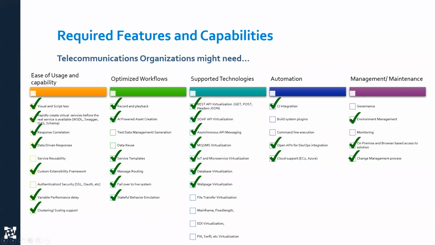Message routing and failover to live systems, so that as new technologies are being built into the environments and are taking advantage of things like microservices, and as these services are changing and we're redefining how the message flows work, the virtual services give us the ability to rapidly reconfigure that at the same time. And so from a supported technology perspective, IoT and microservice protocols like Kafka, WebSockets, AMQP, some of these new and emerging technologies may be important to you, as well as web page virtualization, which is a new and emerging topic I'm seeing a lot.